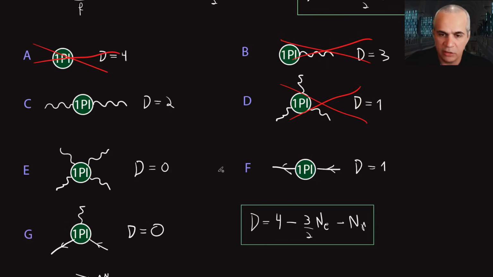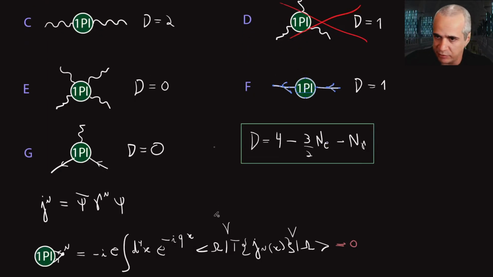Of course, that does not apply to this guy down here, because despite having only 1 external photon, it also has these external fermions, which change the analysis, right? And that means that this is all the diagrams which are really not important. We'll have to spend a little more time on the other ones, right? It's always good when everything is 0, but that's not the case for these other 4 guys. So let's start by looking at this guy right here. Now we have to do a more careful